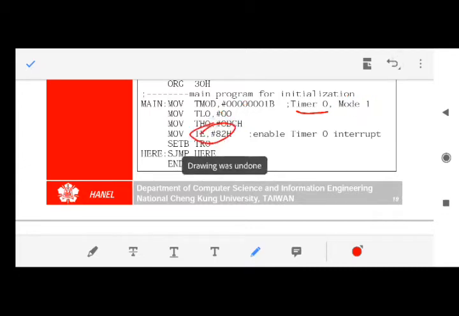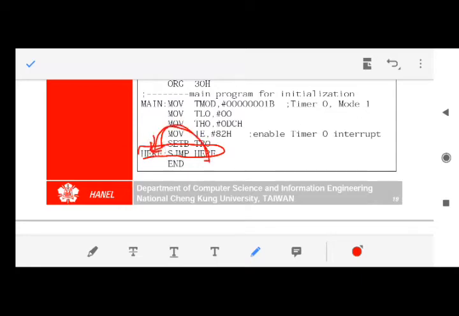What interrupt needs to be enabled? The interrupt of timer 0. Fine. You have enabled the interrupt. Once you know how to write these values, it is just moving the values to them. It's so easy, just writing the move. But you should know why we are moving 82 to this and this to this. Then we start the timer, set TR0. It starts the timer, and then we have written one line as jump here.